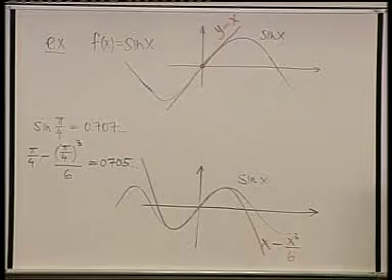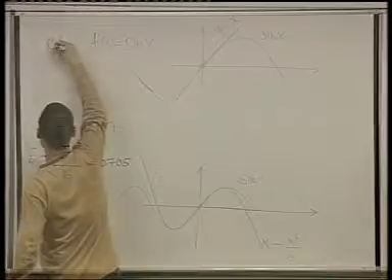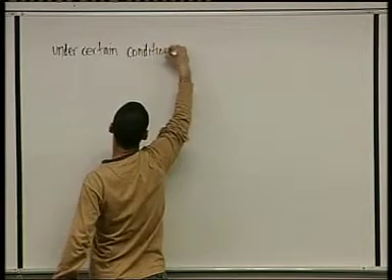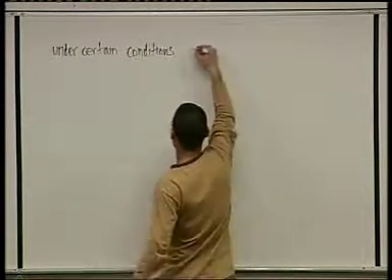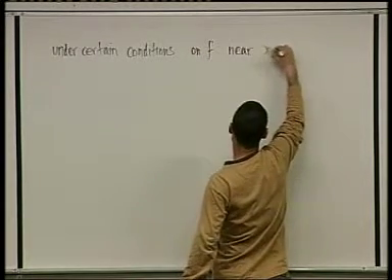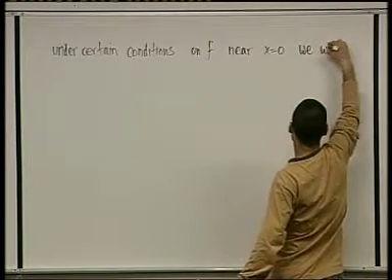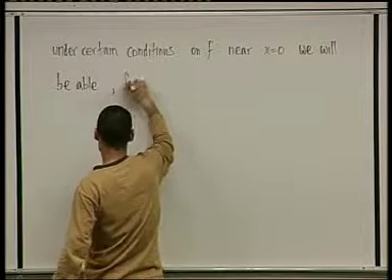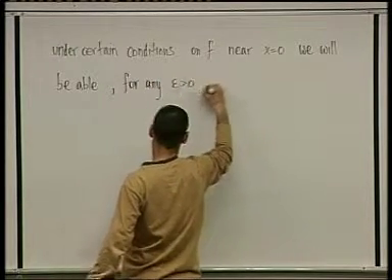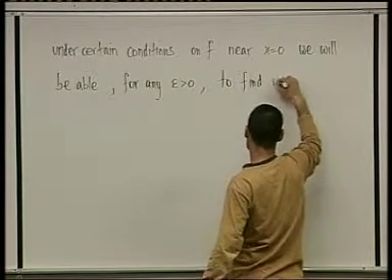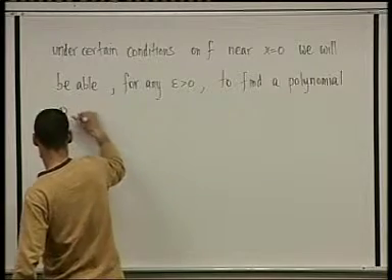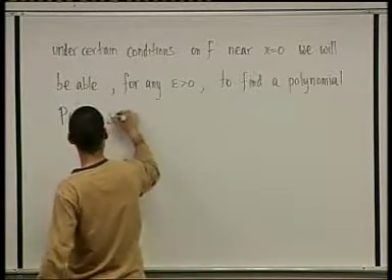So let me write some words, because I've been saying a lot of things. Under certain conditions, every theorem has conditions and we're going to see what they are, but for now we're keeping them vague. Under certain conditions on f near x equals 0, we will be able, for any epsilon, to find a polynomial, which we're going to call temporarily just p of x, such that